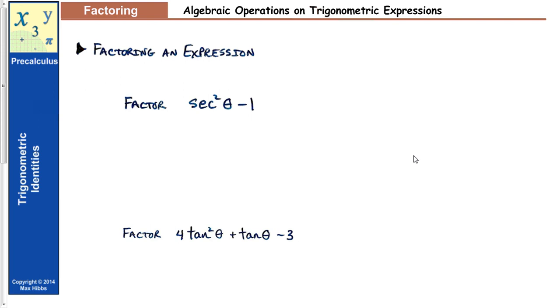Now, hopefully from algebra, you are familiar with the way to factor the difference of 2 squares. And so what I would hope you could think here is comparing secant squared theta minus 1 to an a squared minus 1. In the case of a squared minus 1, we recognize that as the difference of 2 squares, and so that would factor as a plus 1 times a minus 1. And so we use that same concept here, where instead of an a, we have a secant of theta. And so we could factor the above